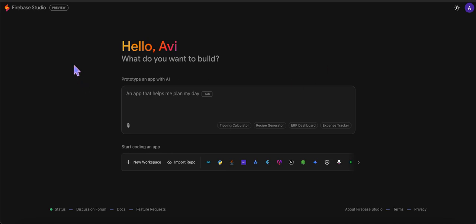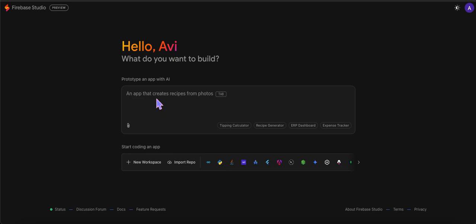In this video, we're going to check out Google's Firebase Studio, which is still in preview. What I like about the Firebase Studio is that it lets you build a web application by providing the AI a prompt. For example, build an app that lets me fill in the blank, etc. And once you get that app built to your liking, you can also publish it and host it on Firebase